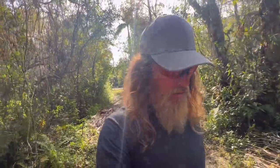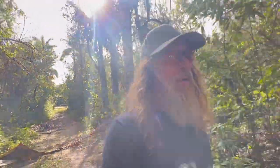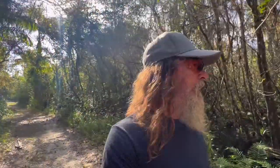through Fakahatchee State Park, and this is another strand preserve in the park. I'm not sure. I'll have to look up what the strand definition is, but it's used for various areas in Florida. Places are called a strand, so I'm sure there's a specific meaning to what that is. Maybe it could just be a strip of land in the swamp or something of that sort. Not sure. So I'll have to figure that one out. But